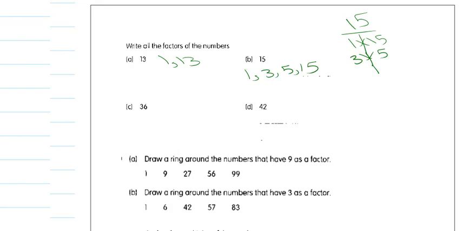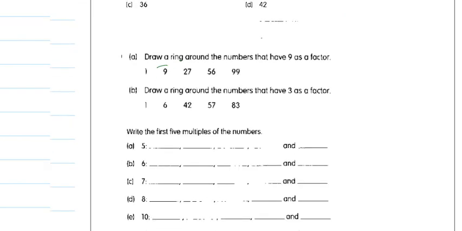Draw a ring around the numbers that have 9 as a factor. So which numbers here are a multiple of 9, or in the times table of 9? You will find that 9, 27, and 99 are in the times table of 9. Draw a ring around the numbers that have 3 as a factor, check. You will find 6